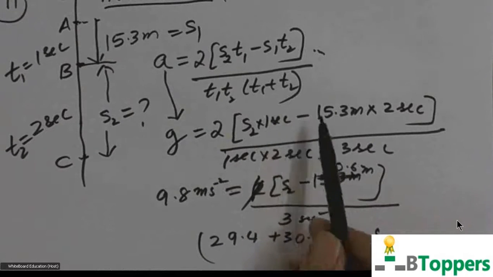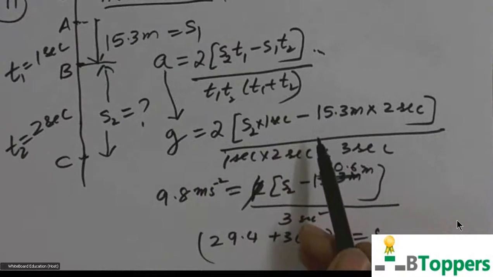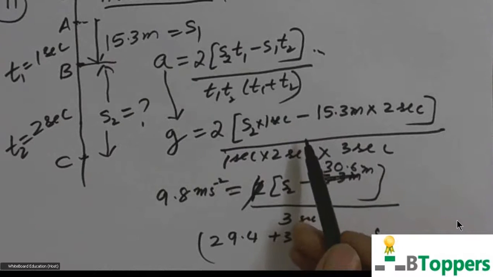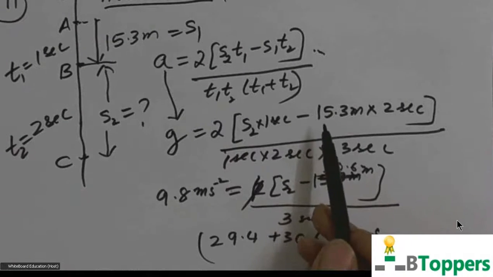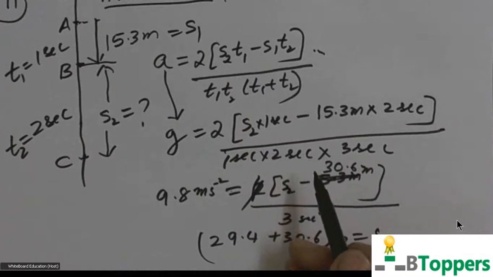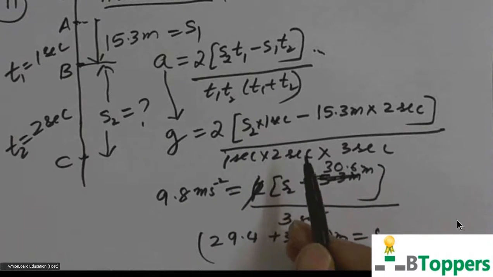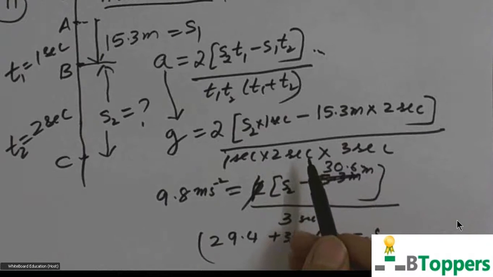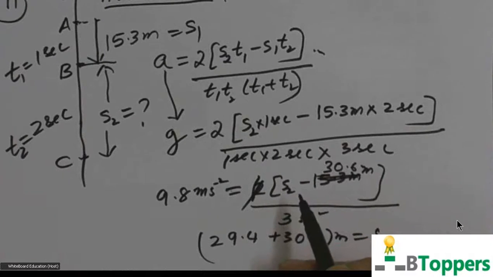These methods can be used only to solve faster for objective type examinations like NEET or MCET or AIEEE, but you cannot use this method for the intermediate board examination or any board examination. So I would like to also solve the same problem again by the usual method by which you are supposed to solve